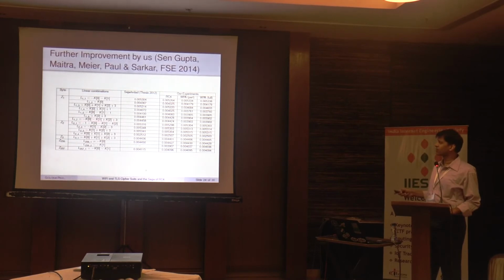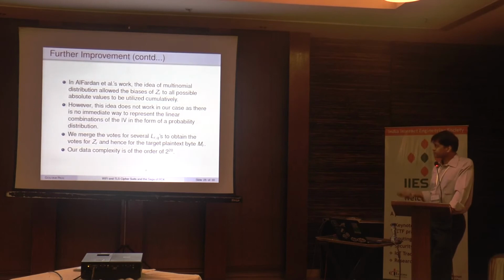These are all different combinations of the secret key, and they have some bias towards the output byte. By observing the output byte, you can solve some linear equations to get the secret. That's the main idea in this attack that we showed. So that was in 2014. Further improvement using our idea was